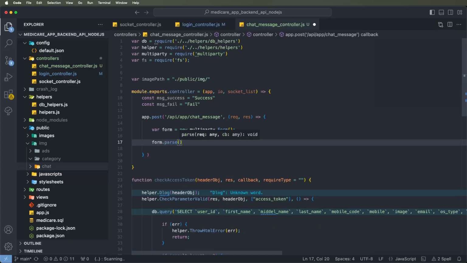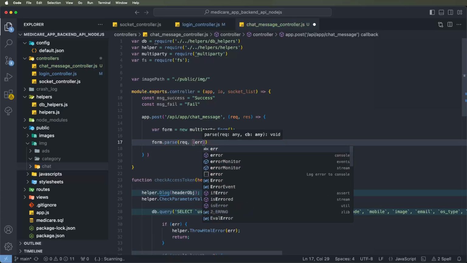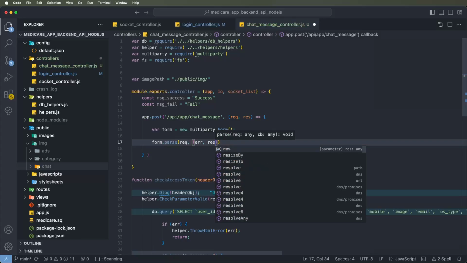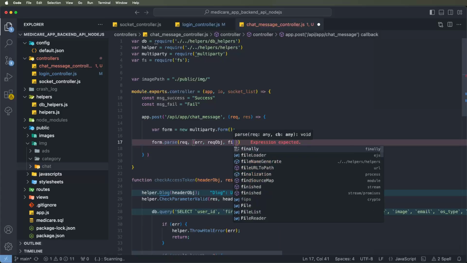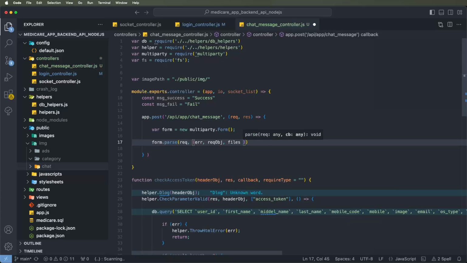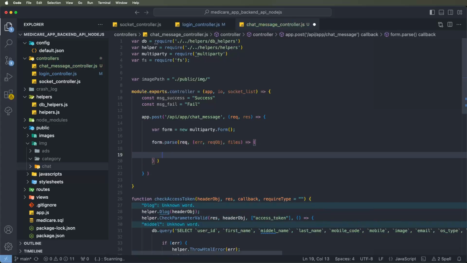Inside we give the request object, and it returns three parameters. First one is errors, second one is the request body, and the third parameter gets all the uploaded files. Then we get the files and parse these forms,